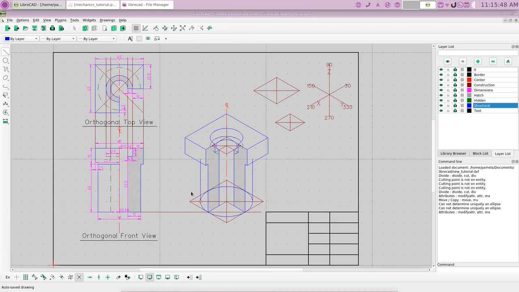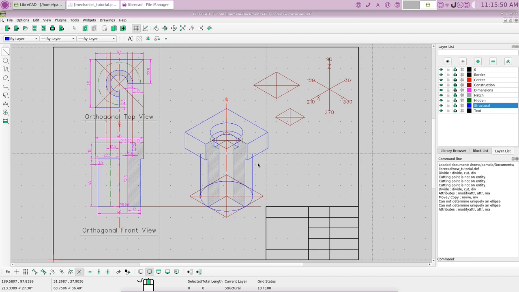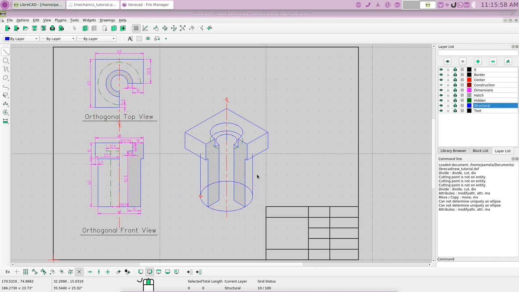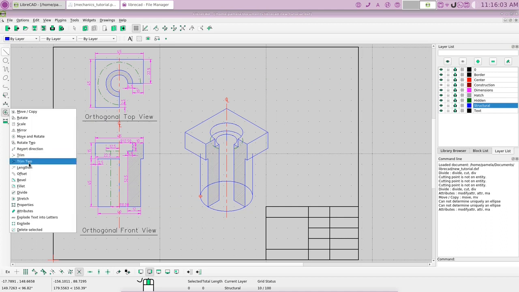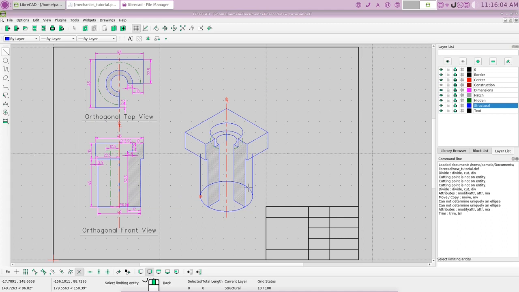Now you will notice that we have lines there, but they're a little long. But that's not a problem. Let's shut off the construction layer now. And let's go ahead and go to modify, and let's get trim. And let's select the area here and trim this one. Okay, and let's do our trim again. Select this and trim this one. Okay,